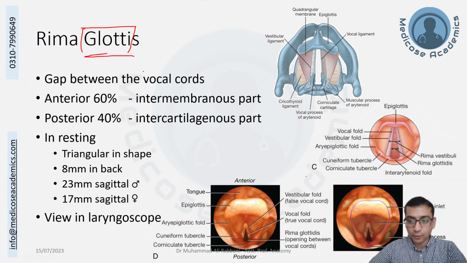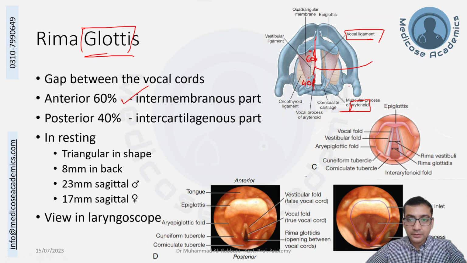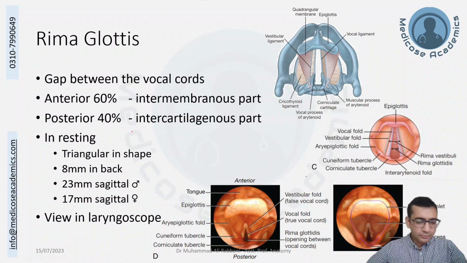This is the gap between the vocal cords, the rima glottidis. For 60% of the length, it is covered on either side by the vocal ligaments. For the other 40% of the length, it is bounded on either side by the arytenoid cartilages. So this part is the intermembranous part, and this part is the intercartilaginous part. You don't have to actually remember the figures, but you just need to know that it's triangular in humans, and